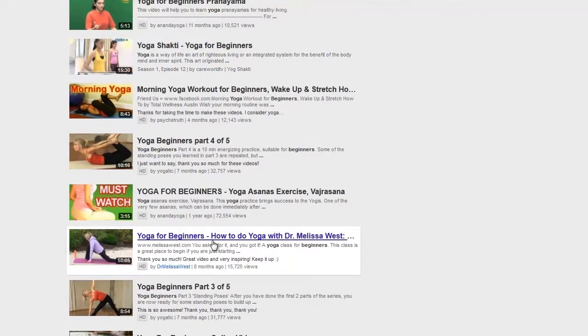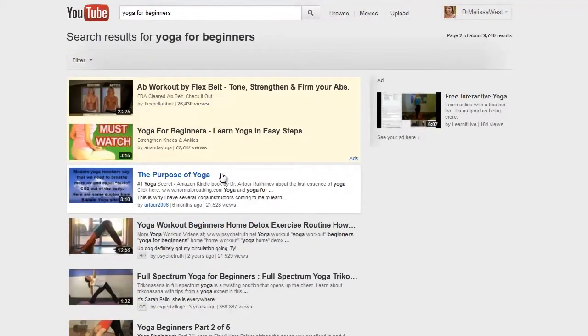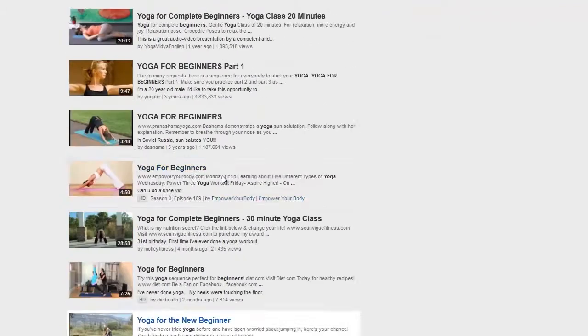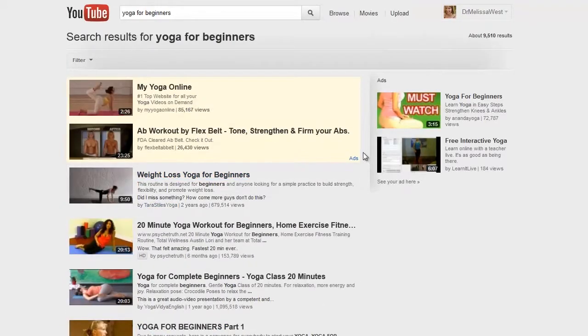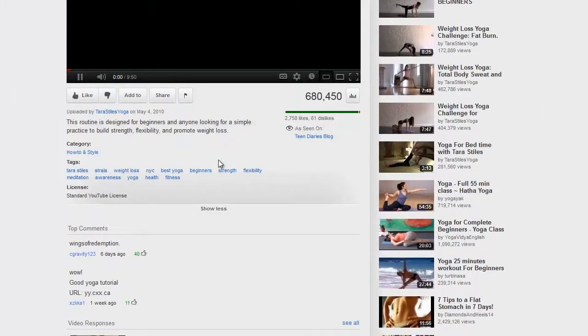You'll notice I think it looks like we're on page 2 for one of her beginner videos. But for example, if I wanted to be right at the very top, I'd go right to the very top one and just take a look and see how did they get there. Now, of course, make sure when you do that, you don't click on the ads. You click on the very first one here. And for example, weight loss, yoga for beginners. You could take a look at the video, and then you'll notice that when you click on show more